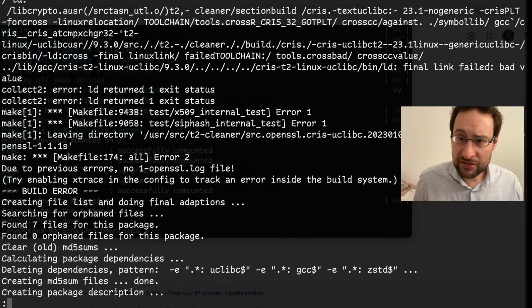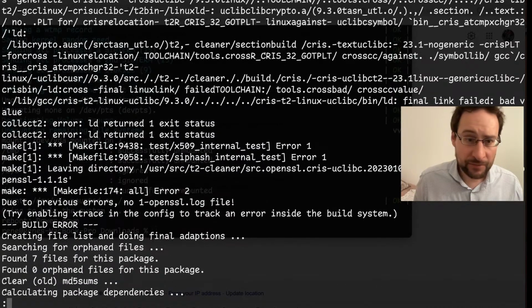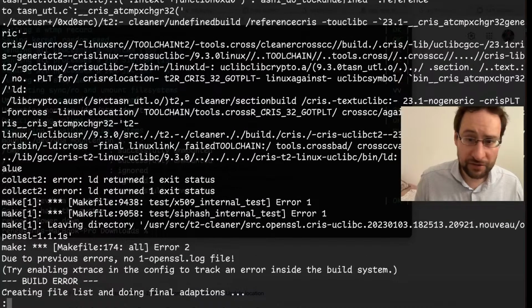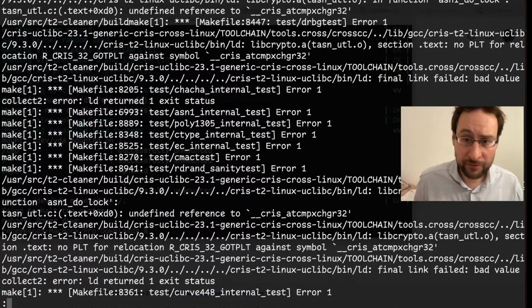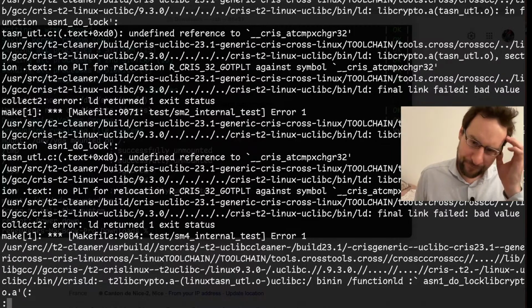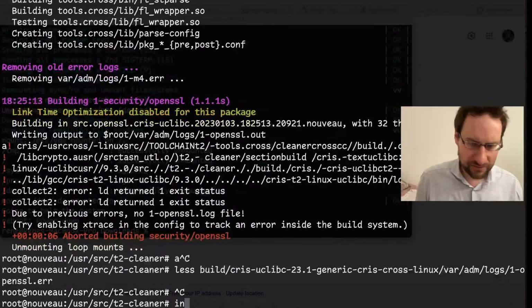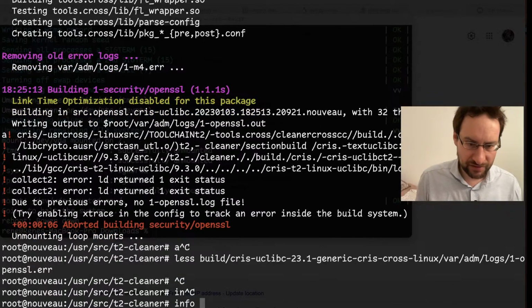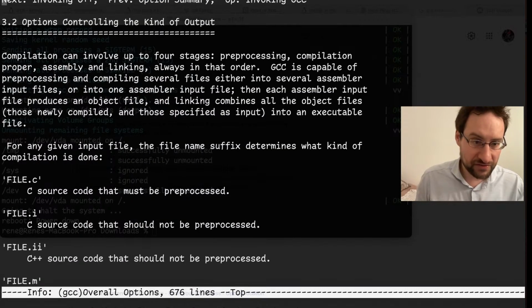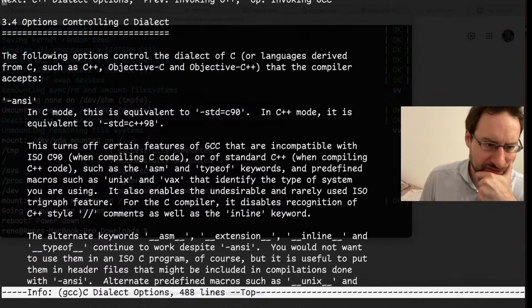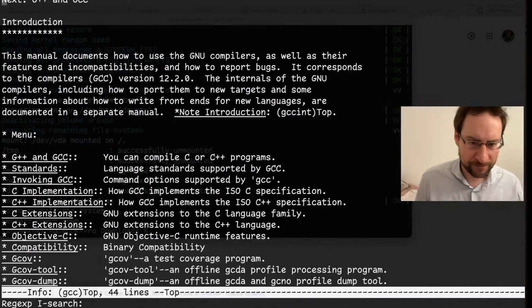It is possible that just, is it the same? Yeah, there is CRIS at Compact Exchange. Why is there -T2? There's some strange uClibc final link value. Maybe it goes away using another CRIS CPU. This is also possible. So I would need to analyze what exactly is going on there. Maybe it needs another CPU with Compact Exchange, and that would get rid of that if we are lucky.